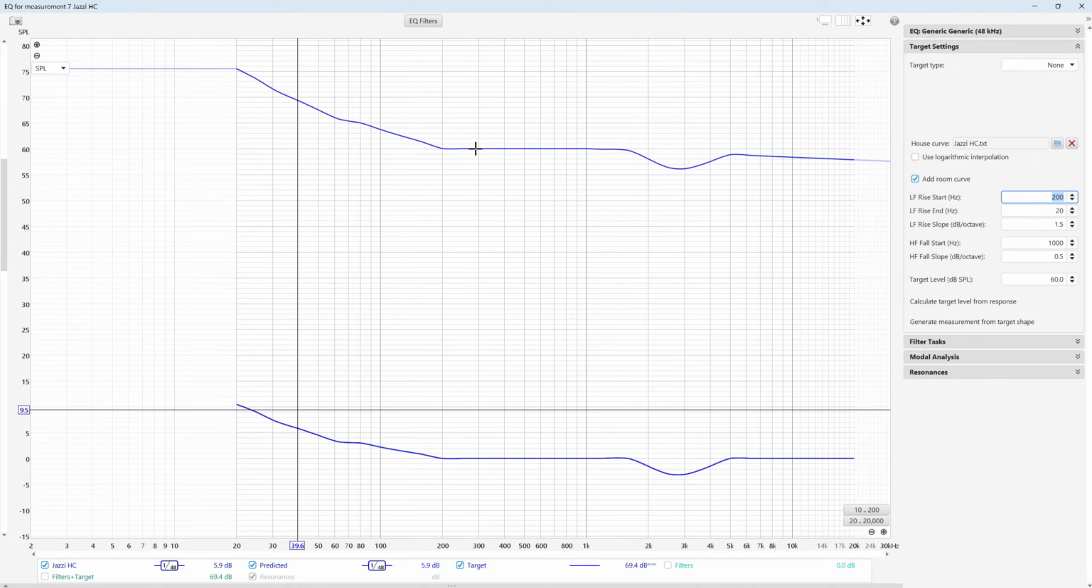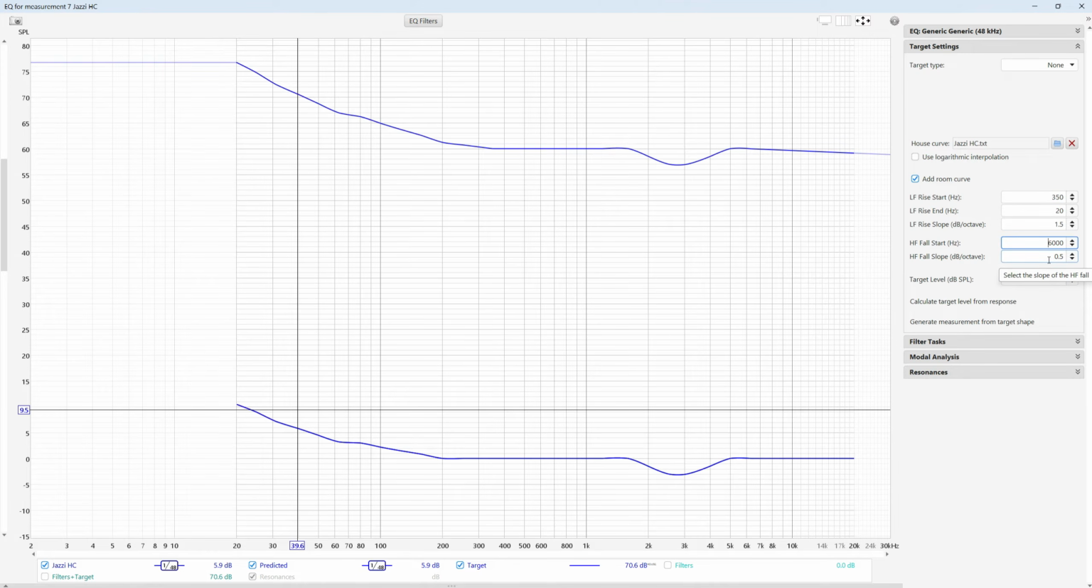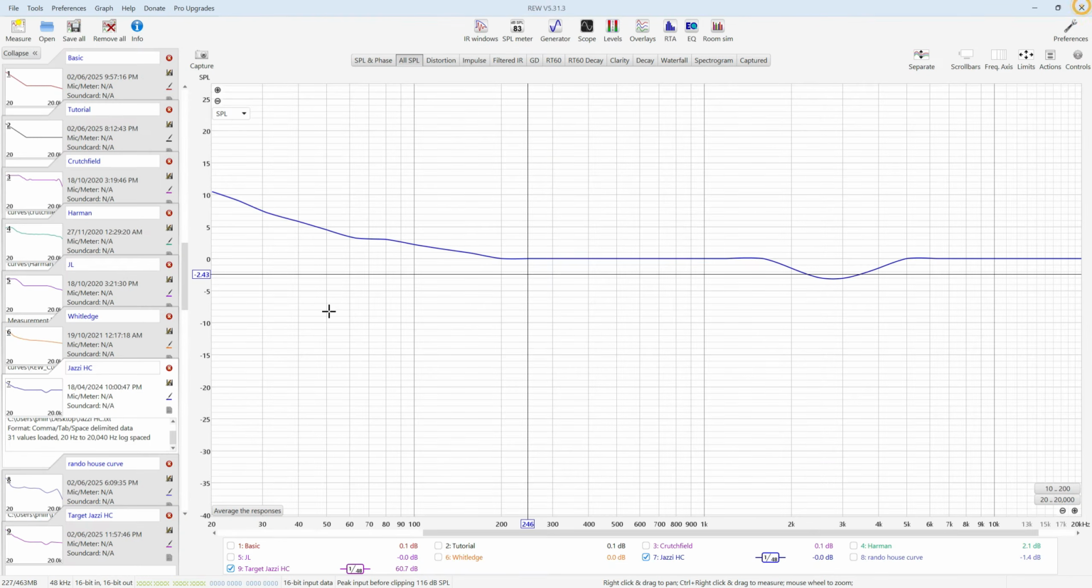I want my rise to start a little bit later, so I'm going to make it 350. Okay, I can move it back to there. And so using these different buttons, I can shape this curve and start these cuts and rises where I like. Okay, so once I'm finished playing around with it, I can then just generate measurement from target shape, and that will put a copy down here in